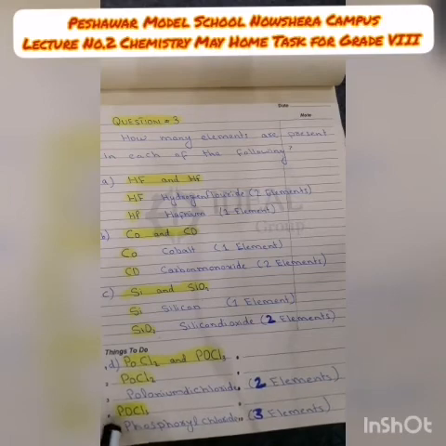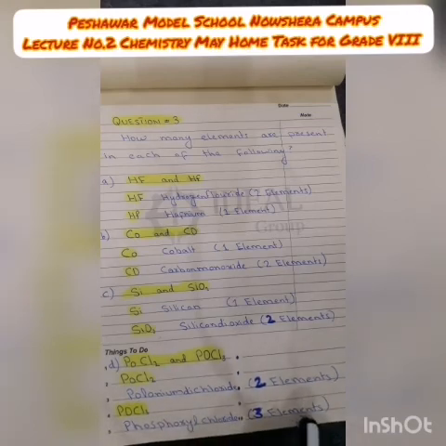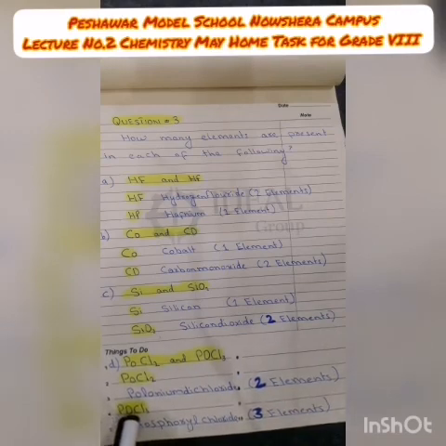Now your last one, this is POCl3. This is also PO, but there is a difference. The first letter is capital, and P is also capital. That's why this is not polonium. Both are capital letters. P we use as the symbol for phosphorus. The second one, O, is also capital, which we use for oxygen, and the third one is Cl, which we use for chlorine. Now what is the name of this compound? The name of this compound is phosphoryl chloride. In total we have three elements in phosphoryl chloride: phosphorus, oxygen and chlorine.